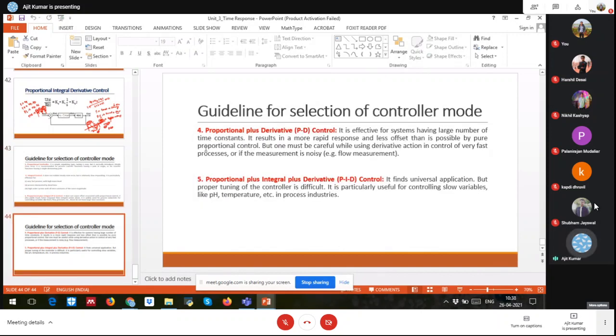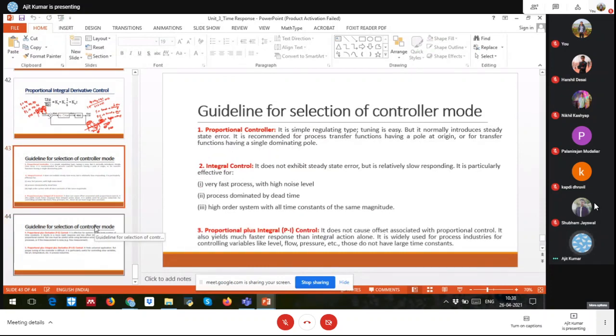Right? And PD control, when you want to improve your transient state, so I mean when you have a large number of time constants where you have high transients, then PD controller is used and it becomes rapid. And PID means like if you want to utilize all the advantages, you want to improve transient state, steady state together, also gain, then PID control is preferred. But again, it will become a bit complex because of three tuning parameters. But for processes like pH, temperature, and in process industry, yeah, this control scheme is quite useful.